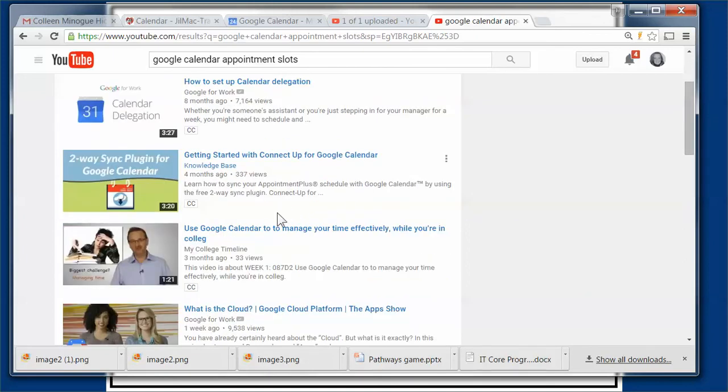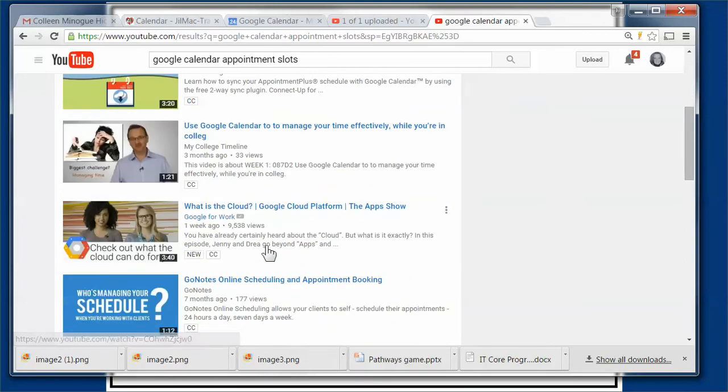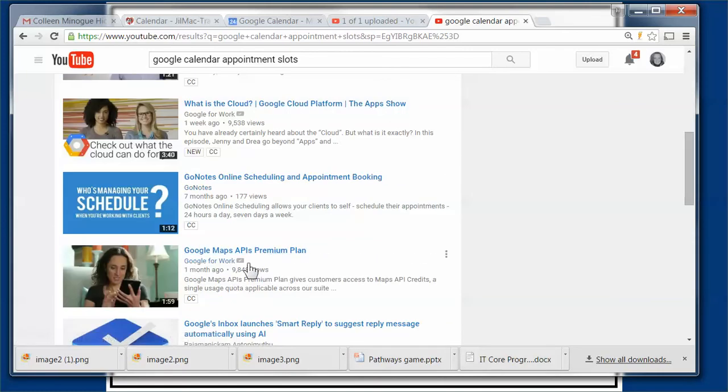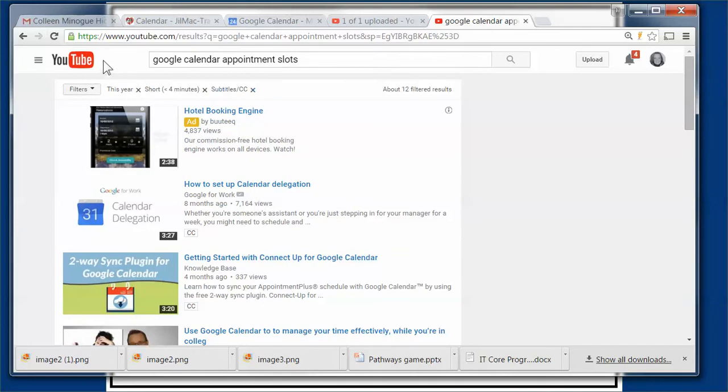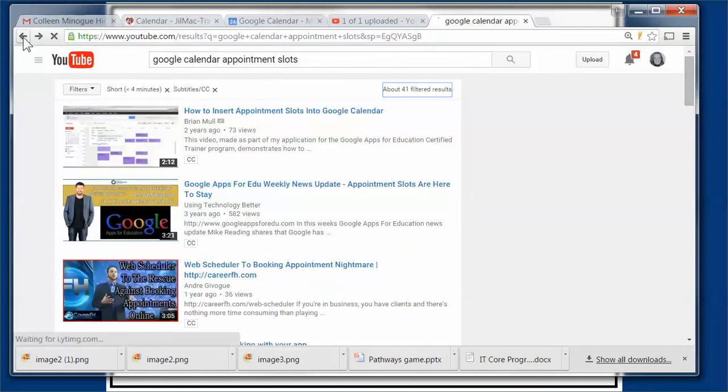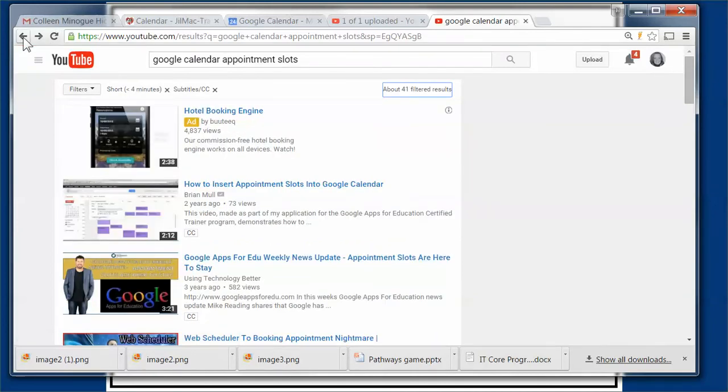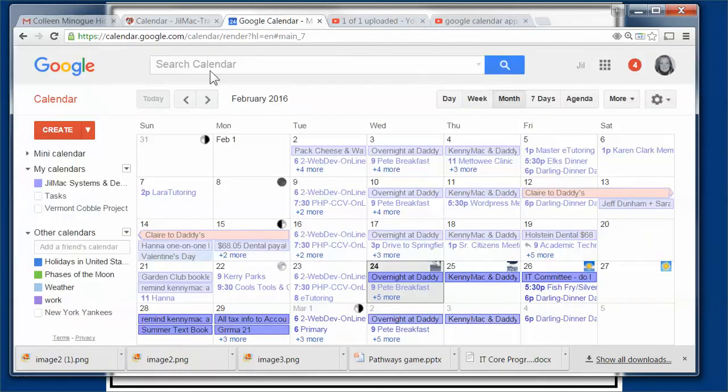So now I can start looking at these using Google Calendar to manage your time. What is the cloud? And then they kind of go on to Google Maps, which we'll be doing later. But find a video that works for you, and I'll just kind of show you how I embed them. So once you have a calendar,